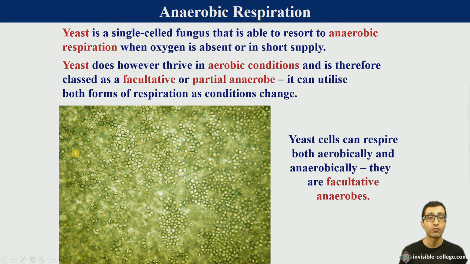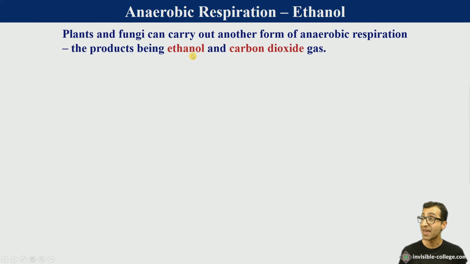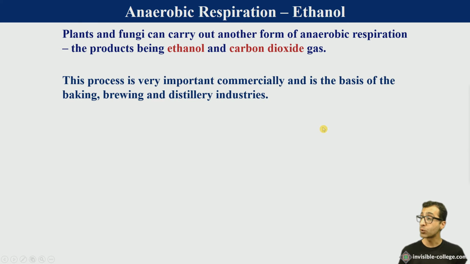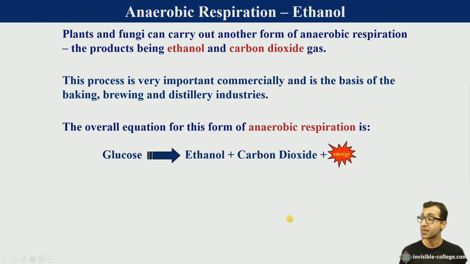So yeast cells can respire both aerobically and anaerobically, and as such these organisms are referred to as facultative anaerobes. Now plants and fungi can carry out another form of anaerobic respiration, and the products produced by that are ethanol and carbon dioxide gas. Now this is an incredibly important commercial process because it's the basis of all baking, brewing and distilling industries. So the overall equation for this form of anaerobic respiration as a word equation would be this,